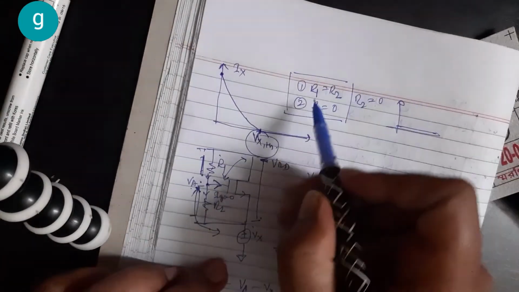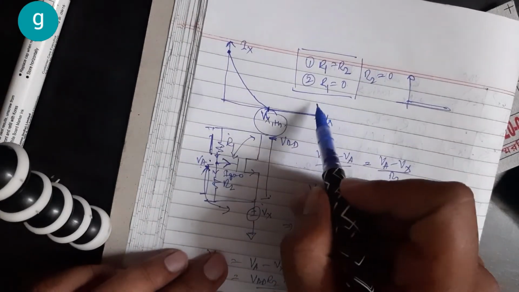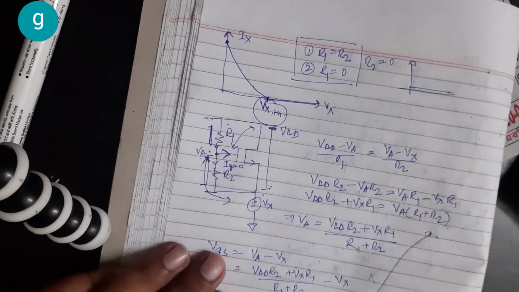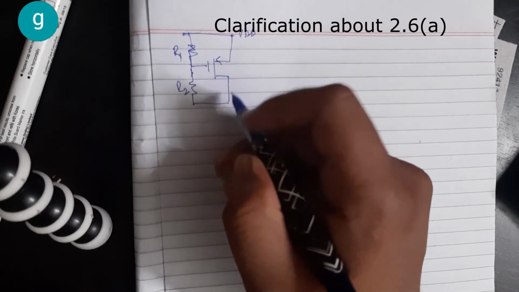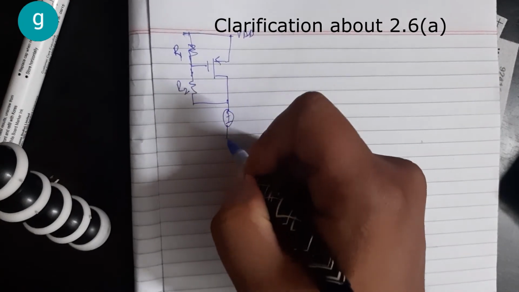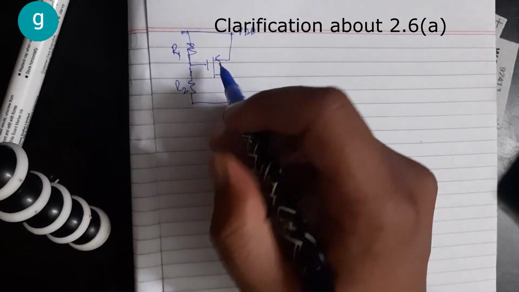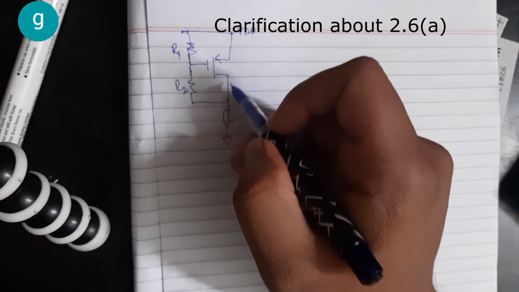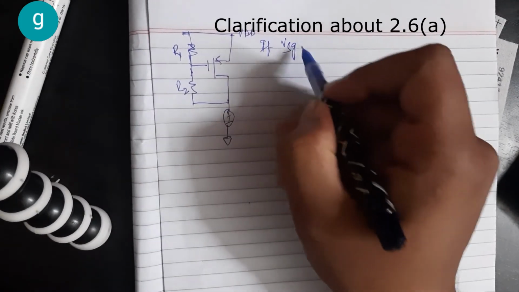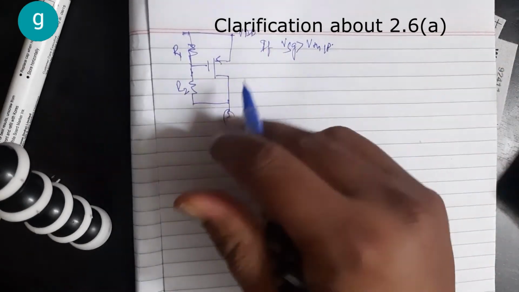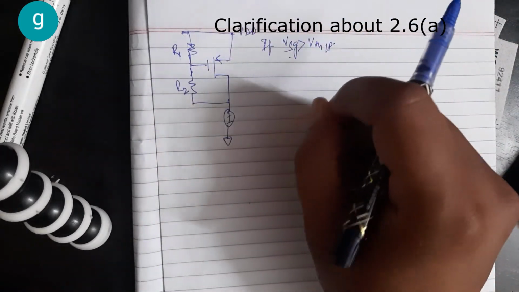And we have seen the special cases R1 equals R2 and another special case where R1 equals 0. In the previous video I had mentioned that I'll talk about the triode region operation of this PMOS transistor. Just like this one, this transistor won't go to triode if it's on. If VSG is greater than VTHP, it is in saturation. If VSG is less than VTHP, there is no current, but if it's on, it's in saturation.